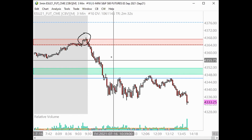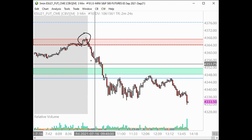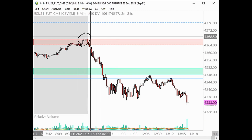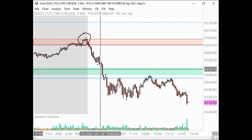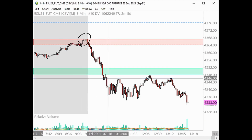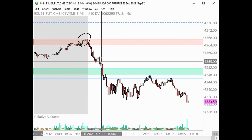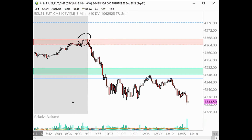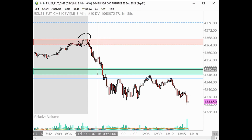Depends on how many lots you're trading, obviously. A lot of you are in the micros, so you can trade 3 micros. It's not a big deal. So the stop was above the swing. The stop still has not moved even to this point in time. I would not move the stop until we clearly get this contextual shift and we go to a downtrend intraday. And at that point, you could place the stop somewhere around this area. If you hadn't taken any scale into this area or whatnot,